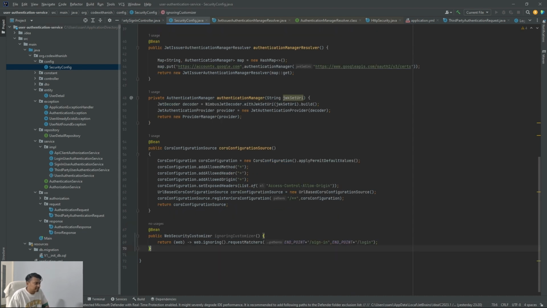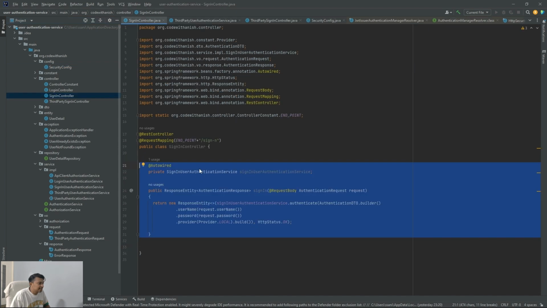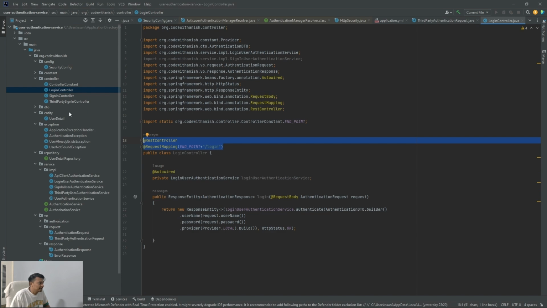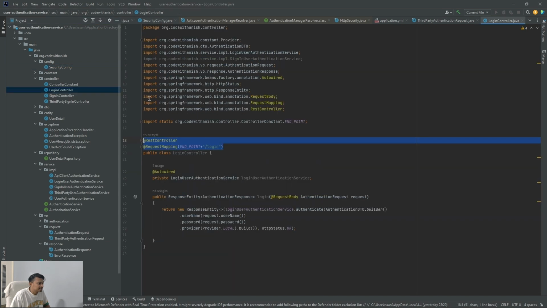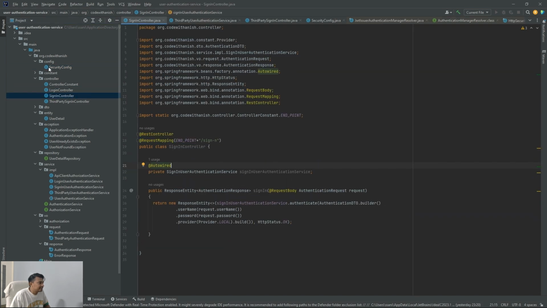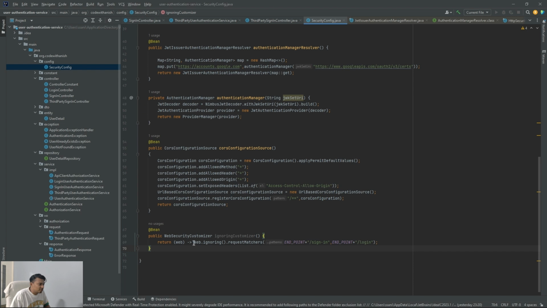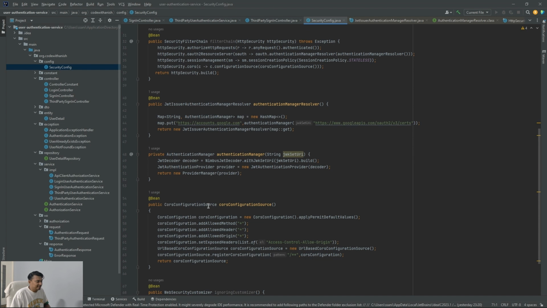For the WebSecurityCustomizer, what we do is, any request matching this endpoint sign-in. If you see the sign-in controller, endpoint sign-in, and the login controller, endpoint login, sign-in and login. For this, the security should be ignored. So this configuration makes sure that for these two URLs, the security should be ignored, and for the remaining everything, as of now